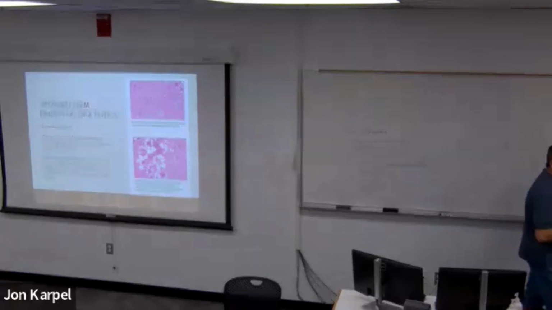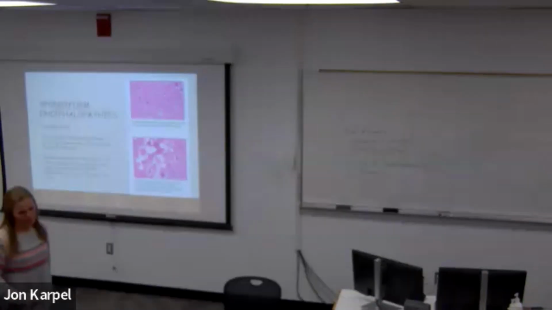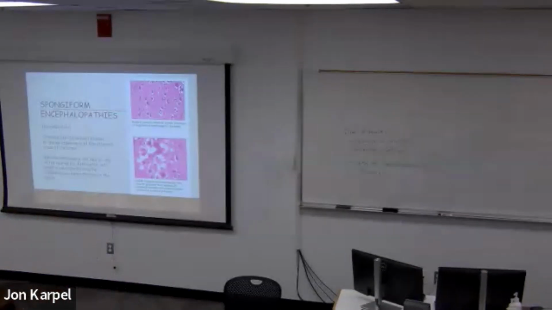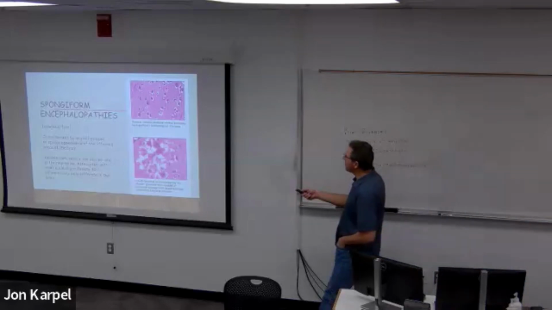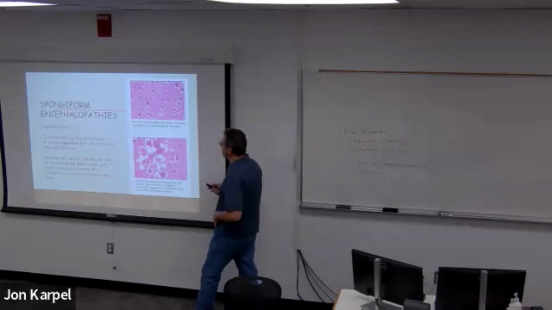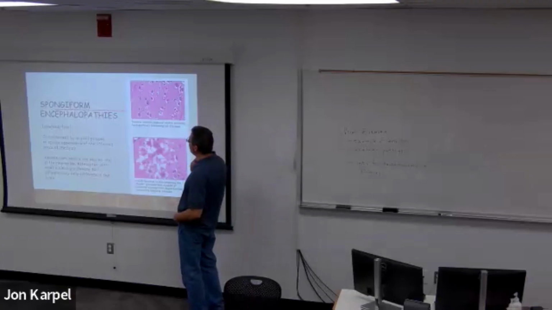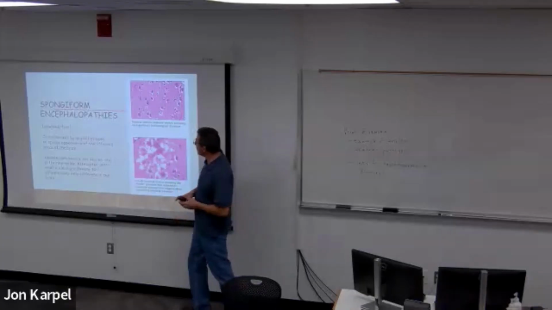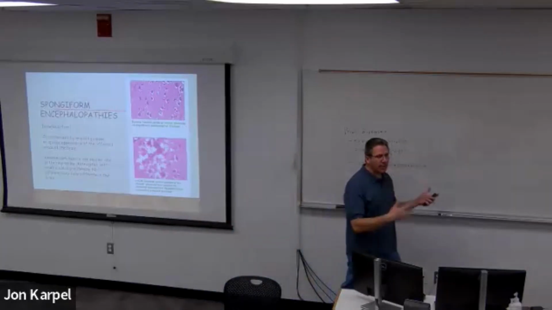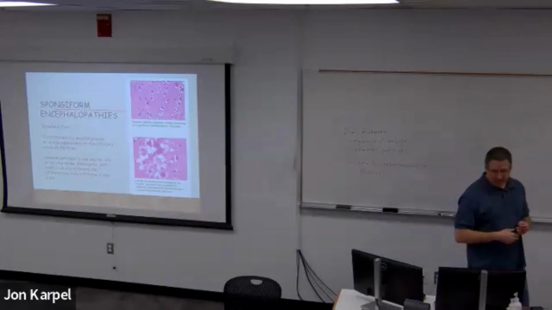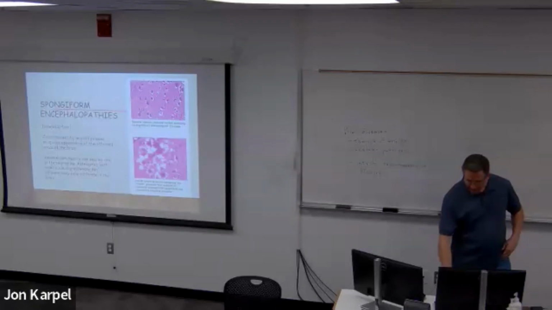Huge clearing of zones in your brain. Not a very good thing. You're killing off neurons, and almost always these kinds of things are fatal. They call them spongiform encephalopathies. Spongiform because it kind of looks like a sponge. You guys know what sponges look like. So a lot of empty spots within the brain tissue.